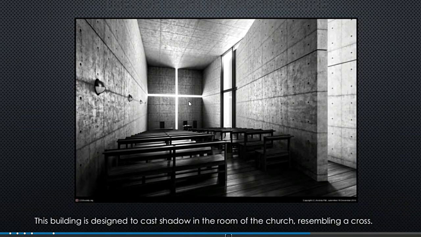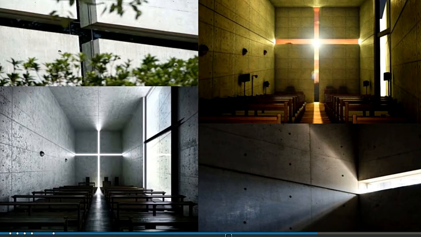Ito yung kay Le Corbusier na chapel. Yung cross ay maganda ang dating. Very dramatic and miraculous yung dating ng cross because of the sunlight.